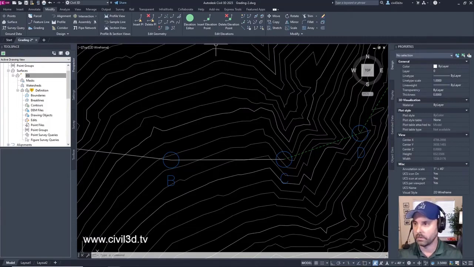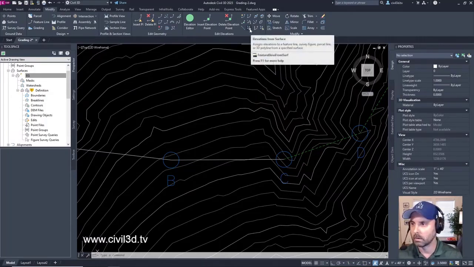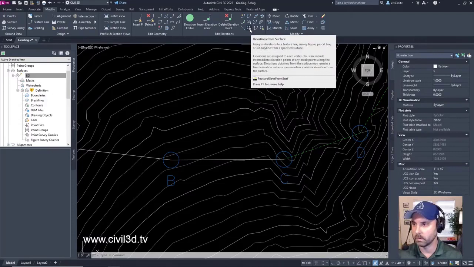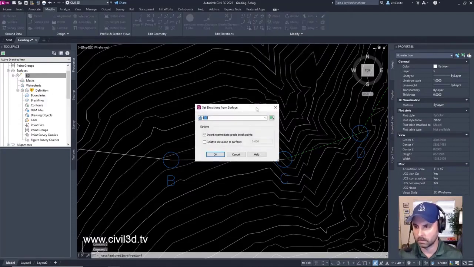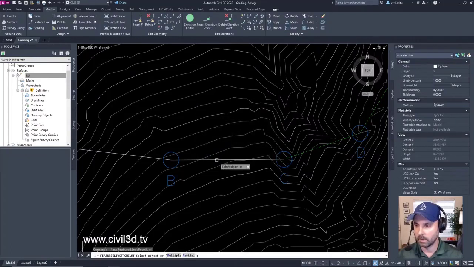Elevations from surface, right here. We're going to click this. We're going to use EG as our surface. We're going to leave everything at its defaults, then click OK. Then we're going to select that feature line.